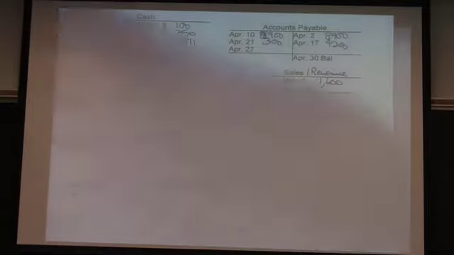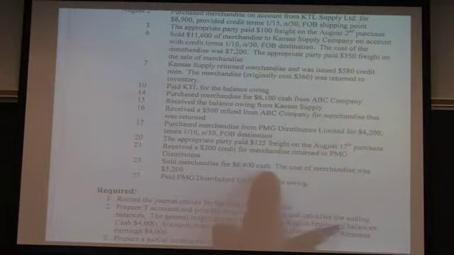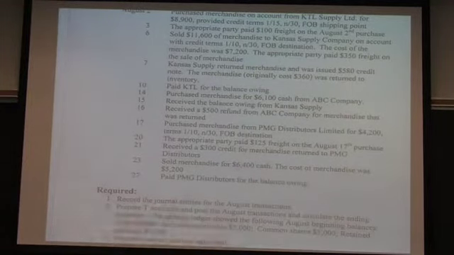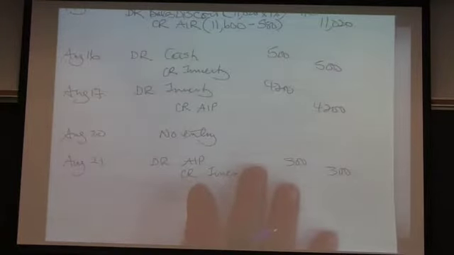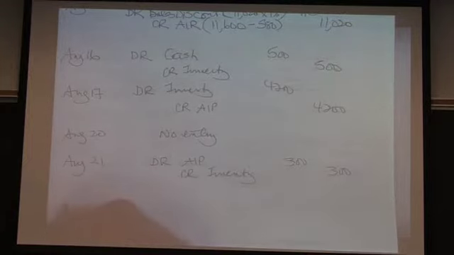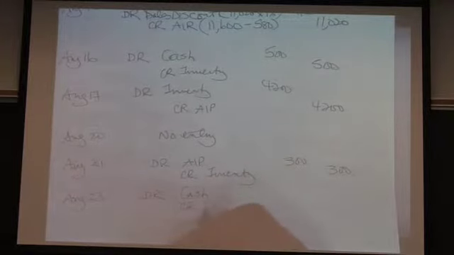Now, what happened on the 23rd? It says sold merchandise for $6,400 cash. The cost was $5,200. Again, we need to record the sale. In this case, it's for cash, so we need to record a cash sale. So debit cash, credit revenue or sales